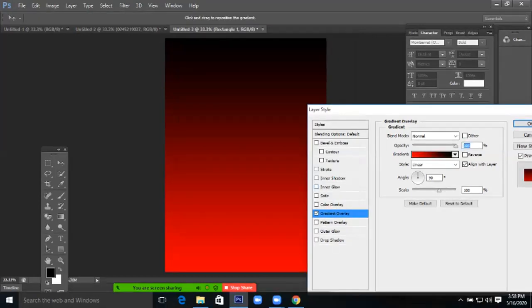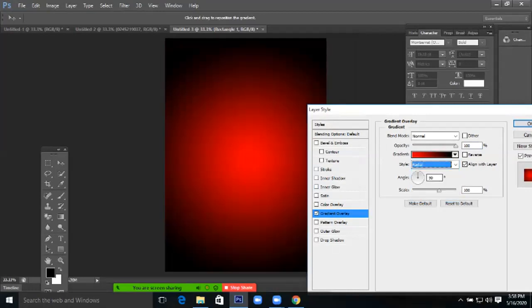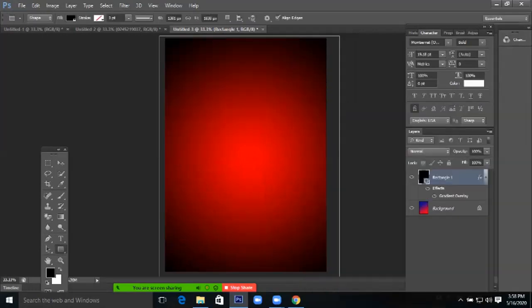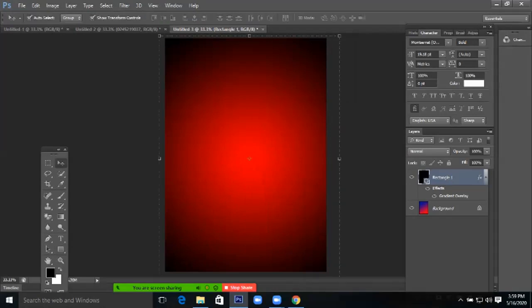Press enter, then you move to the styles. Choose curve linear. Then I position its angle very well. I press on OK. So now, giving forth a